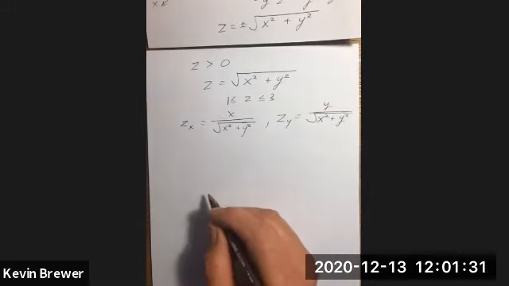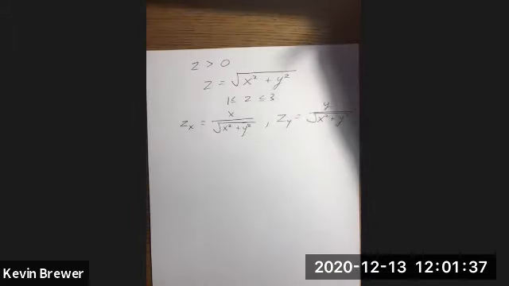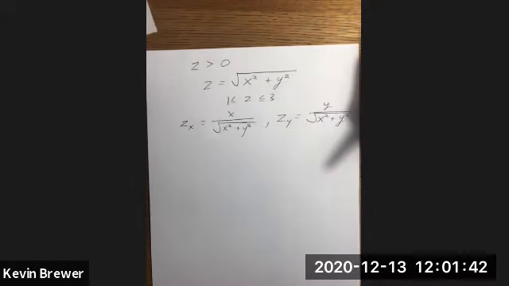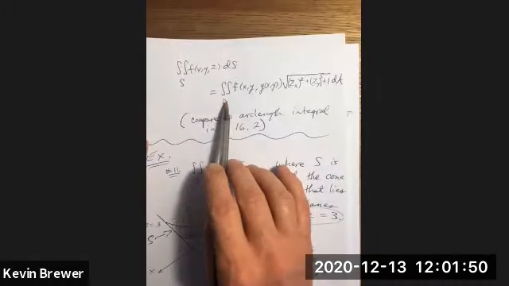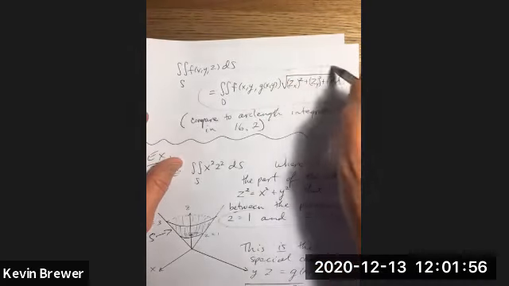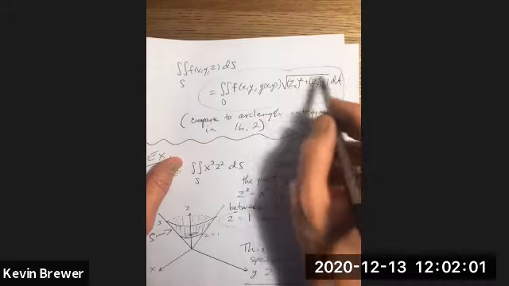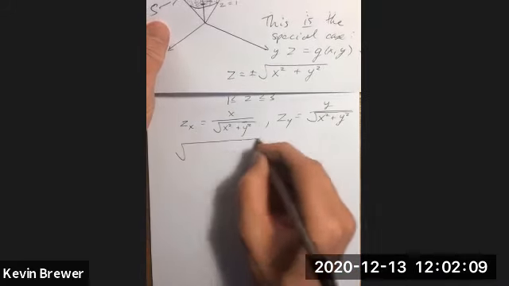So what I'm setting up here is this integral. I'm computing z sub x, so I need to compute this multiplier, which helps us get arc length, surface area. So then the square root